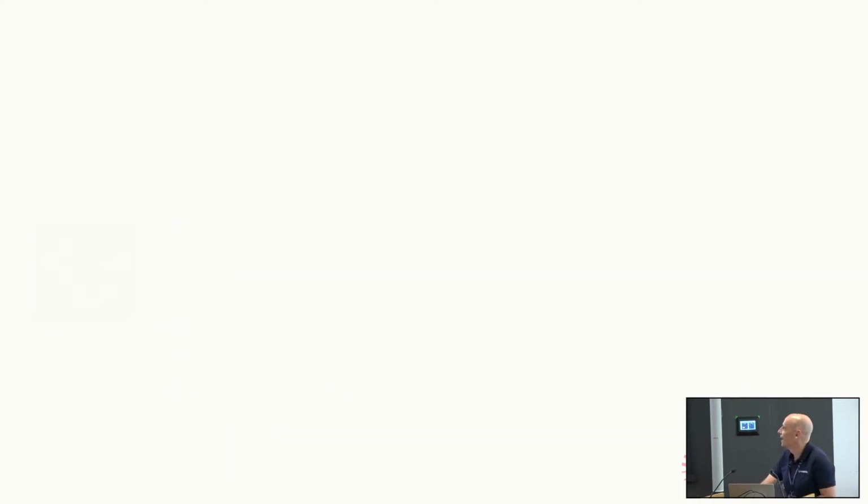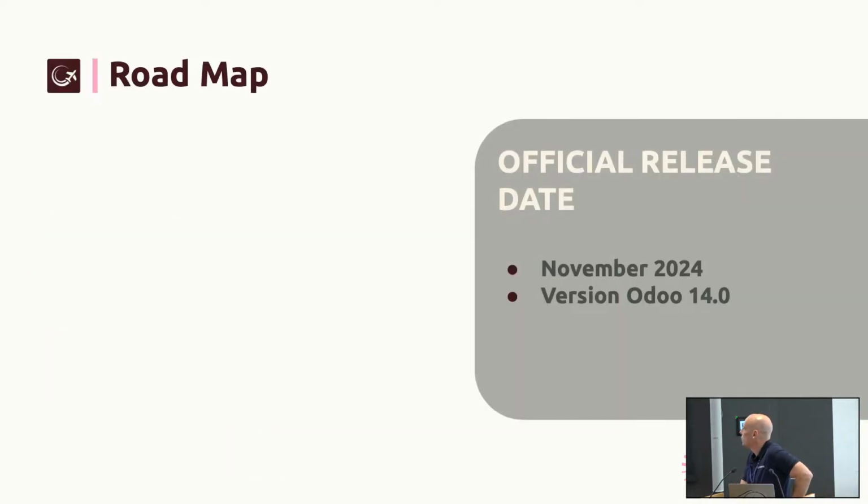So now about the roadmap. What are our plans? Right now we are at Odoo 14. Why? Because we started in May 2022. You know, Fabian is trying to push all that fancy stuff every year, but we are not on the same page. We need stability, we need something that really works well. So we are not going to switch from version to version while the project is still in the development phase. It's not released. And the official release date probably will be November 2022, or 2024, I'm sorry,